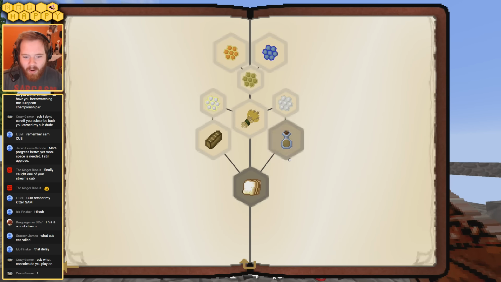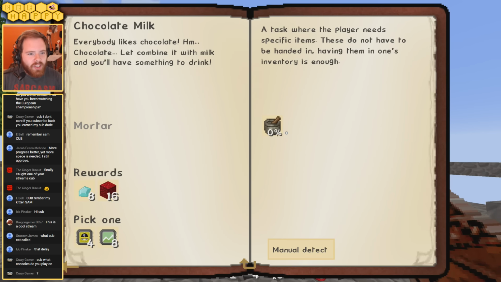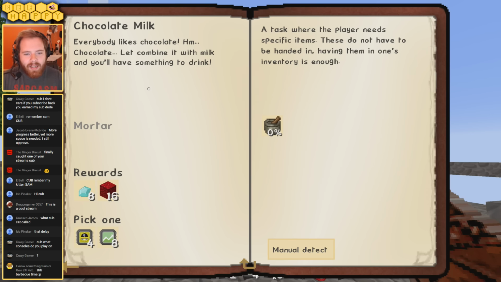What's left in here? Now, oh, we've opened up a whole new selection of things. Chocolate milk. Okay, everybody likes chocolate. Combine it with milk, and you'll have something to drink. I'm not making this up, folks. That's what it says. Bit strange. So we need to get some...